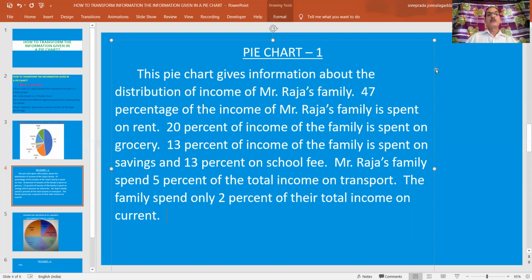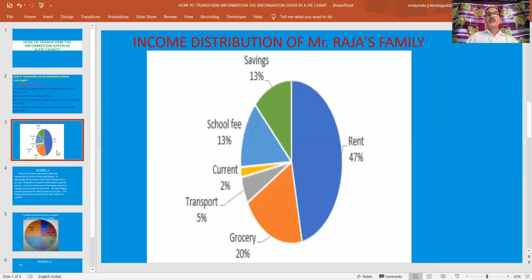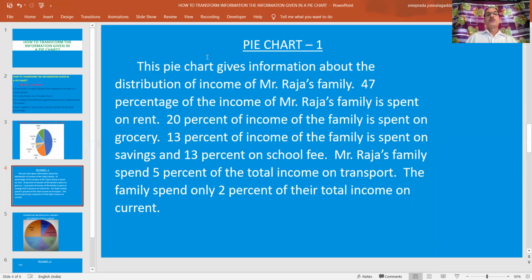So like this, you can transform the information given in the form of a pie chart into a paragraph. So what we have understood here, the pie chart gives information about the distribution of income of Mr. Raja's family. 47% of the income of Mr. Raja's family